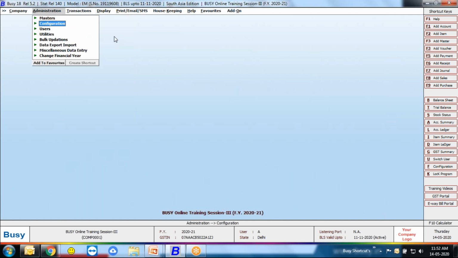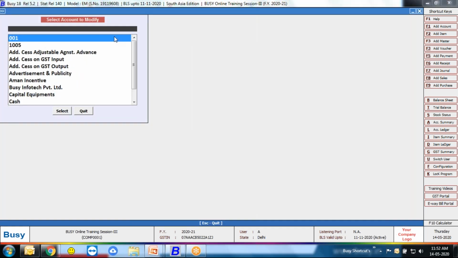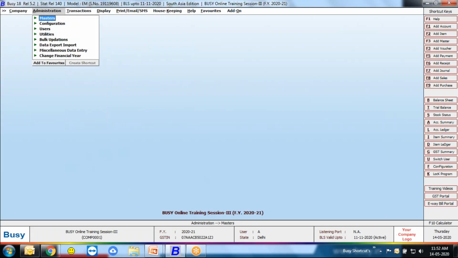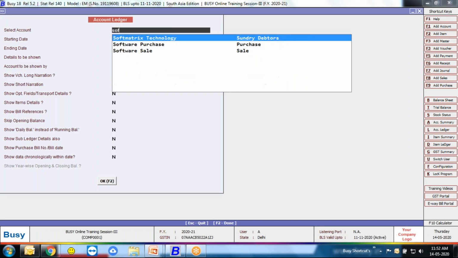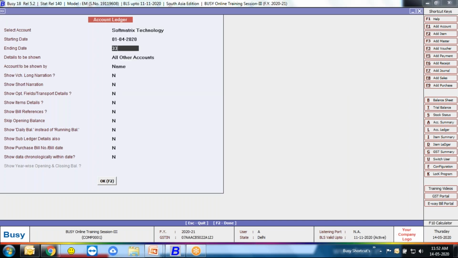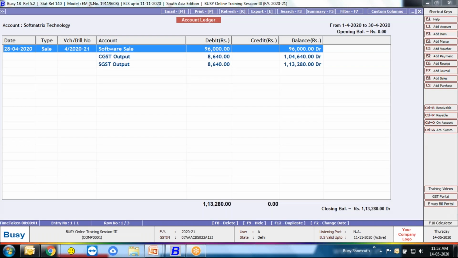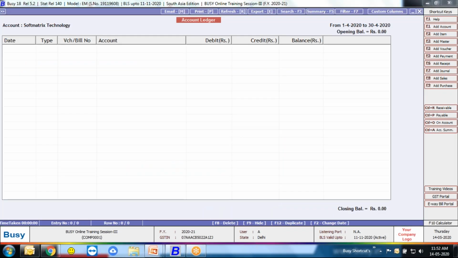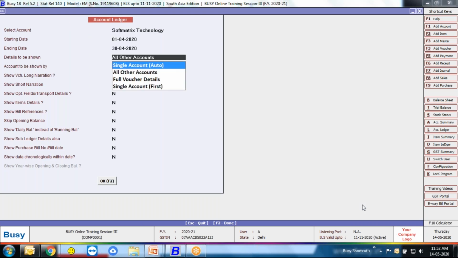Okay, so be on screen and focus on transactions. Recently we created a party whose name is Soft Matrix. That is our data. So let me first check its ledger, Soft Matrix. Is there any transaction or not? There is a transaction, so I just delete it to understand in a better way. Now the ledger is blank, there is no opening balance, no closing balance, so the balance is clear.